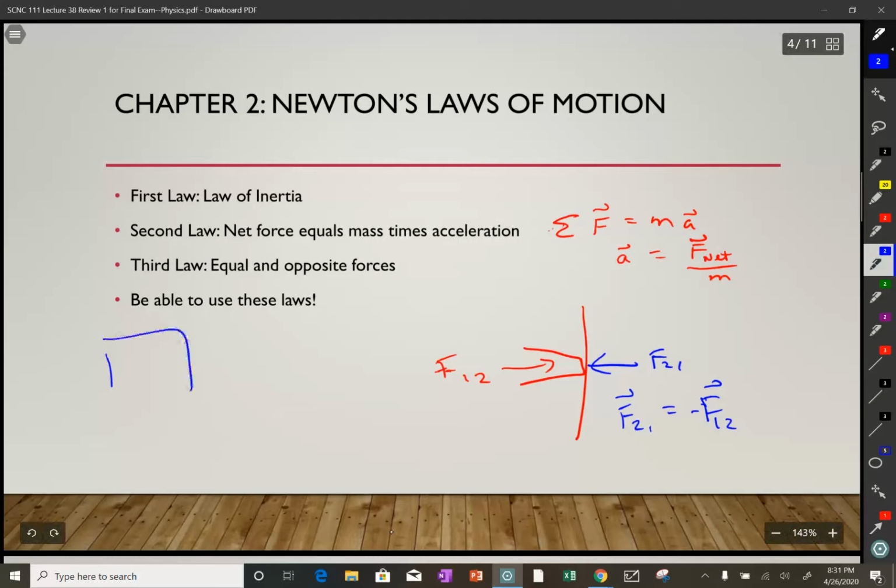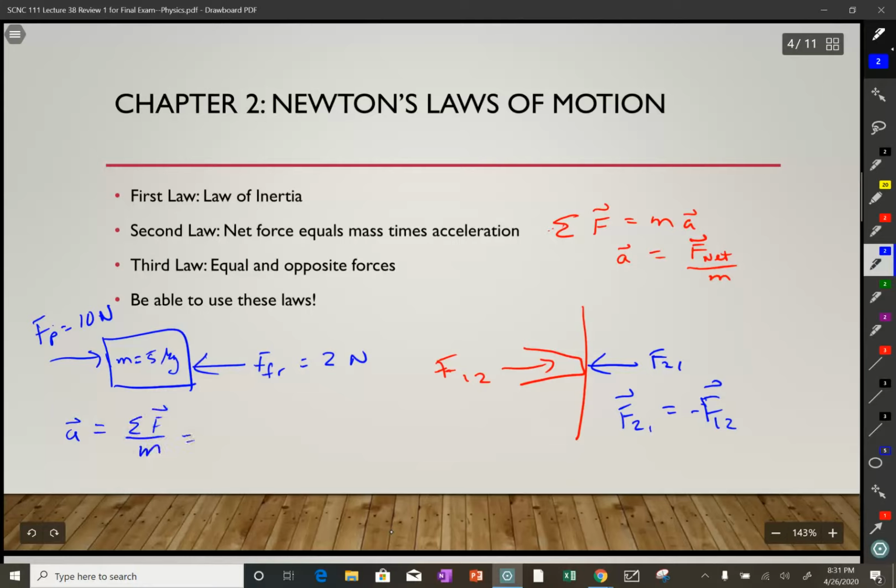Let's say we have a box here, and we have a person pushing with force push equals 10 newtons, and the box has a mass equal to 5 kilograms, and the force of friction is equal to 2 newtons. Well, then if I want to find the acceleration,